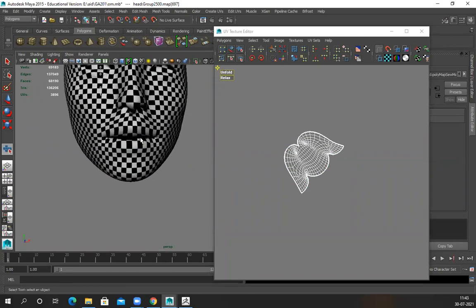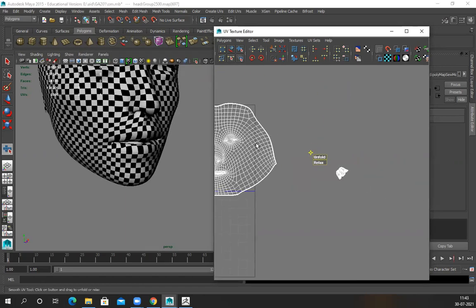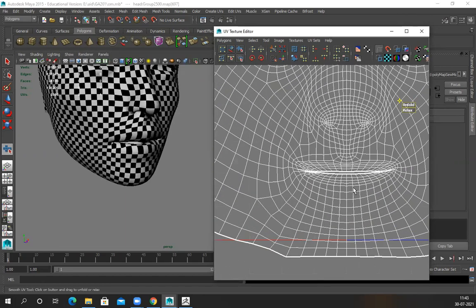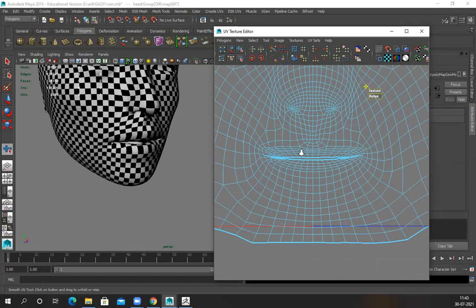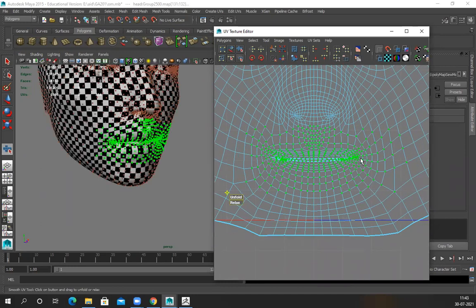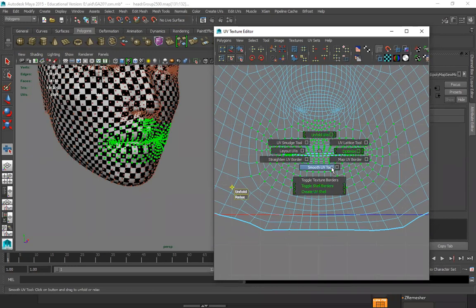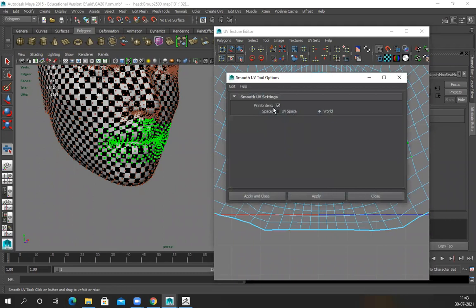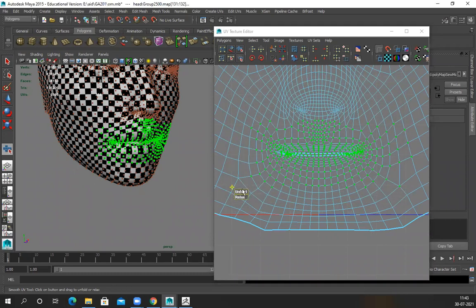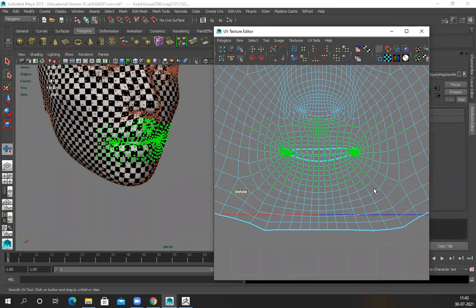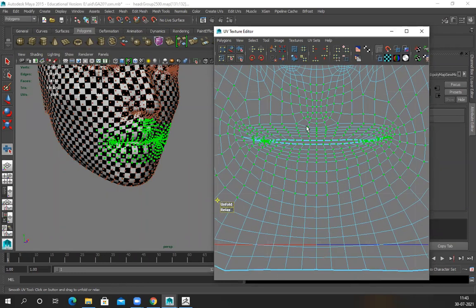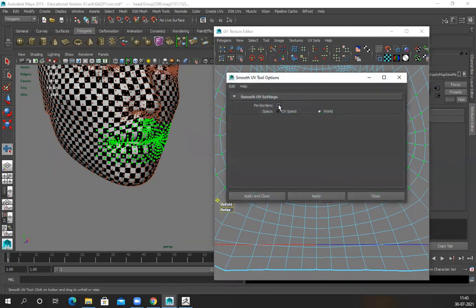And you can see here the lips area has stretch. That is something I have to fix. So what I can do now is select this area, unfold, and switch on pin border, so the border won't change.